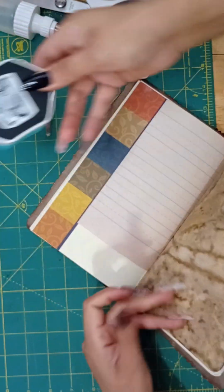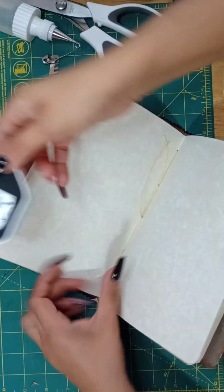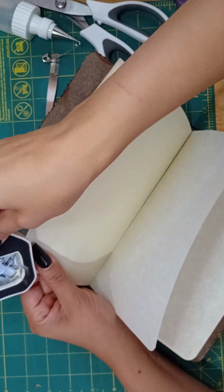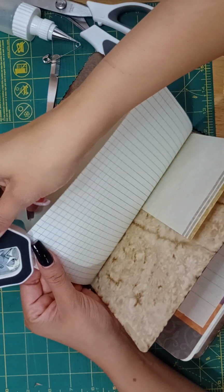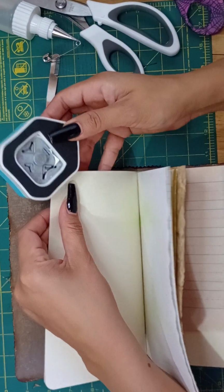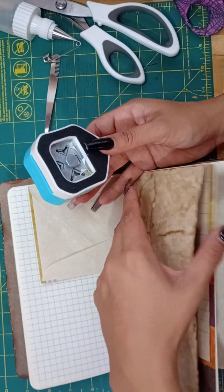And you can also get a look at the papers inside here. So each journal I make, I pick the paper specifically, so they go with the style of the book. So this is a dark academia style book. So I've picked some beige papers, some darkish papers, some graph papers, in case you were doing sciencey type things. This, on the cover, it has pictures of,